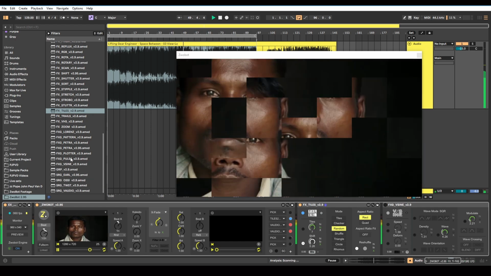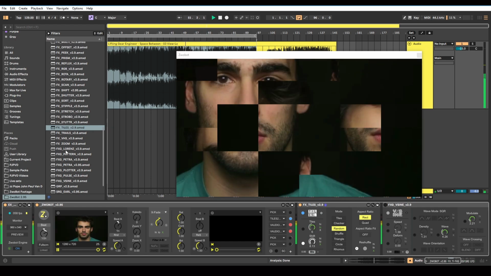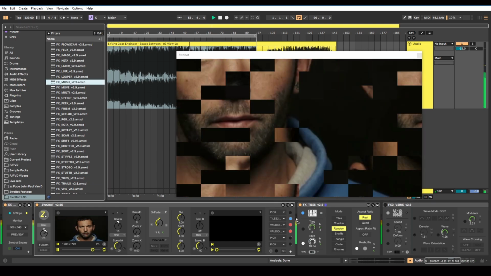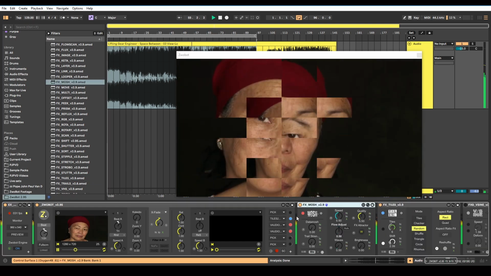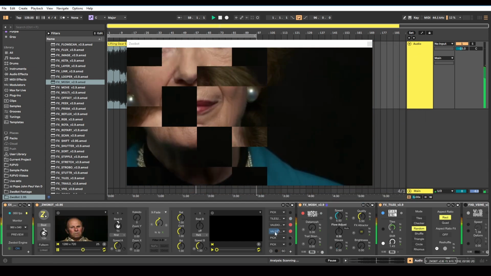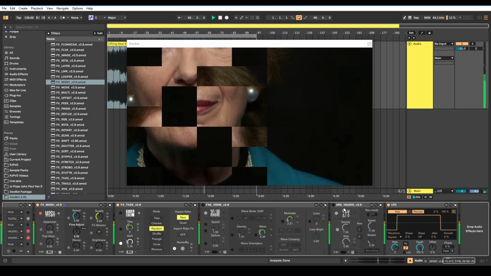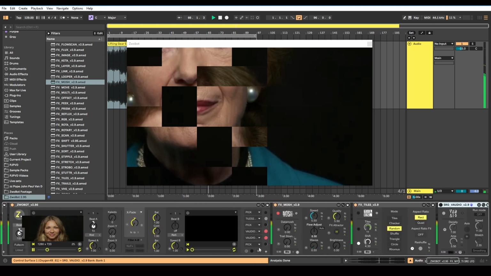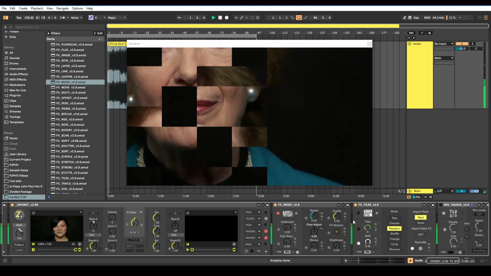How can we do that? We've got a few options. Let's try the Mosh device. So this creates a datamosh effect, which is something that Weirdcore uses quite a lot. I'm going to get rid of this VSine device because I don't think that was doing what I wanted. For some reason